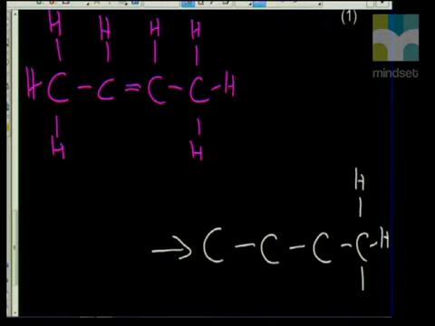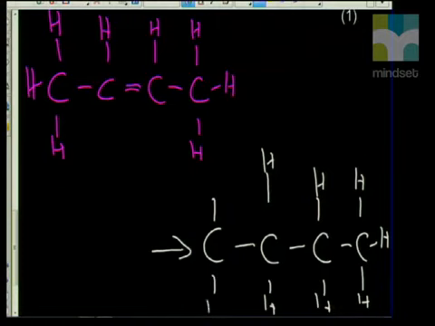There's 4 carbons, and butane is saturated, so it has 4 carbons and all the hydrogens in. Just make sure that I've got them. Let's count them: 3, 4, 5, 6, 7, 8, 9, 10. And we've got them right. So what's different between the substance that I've drawn in pink, Q,